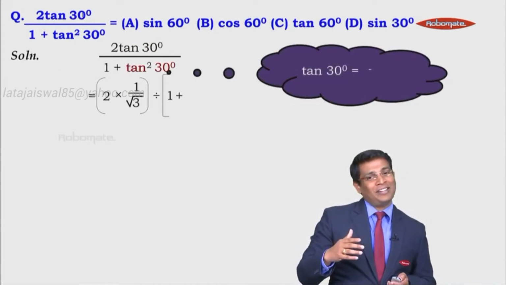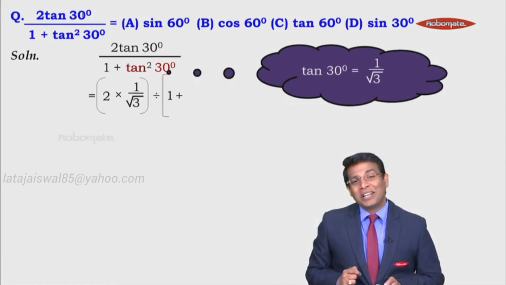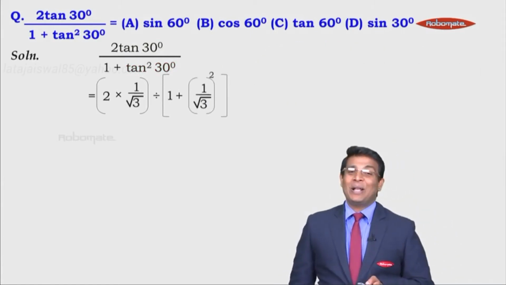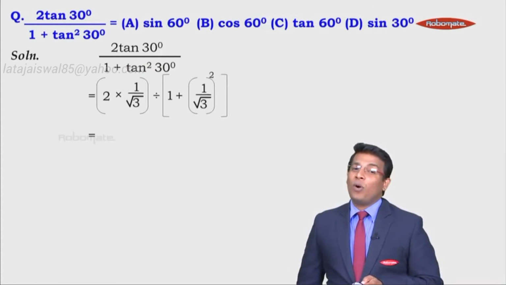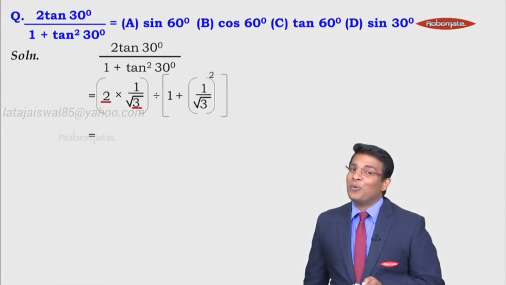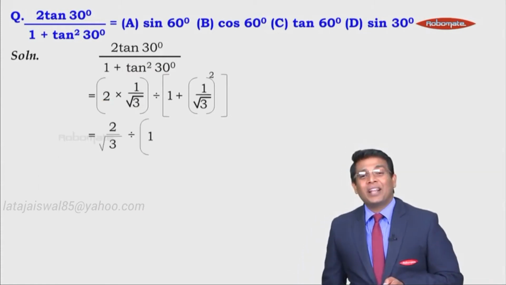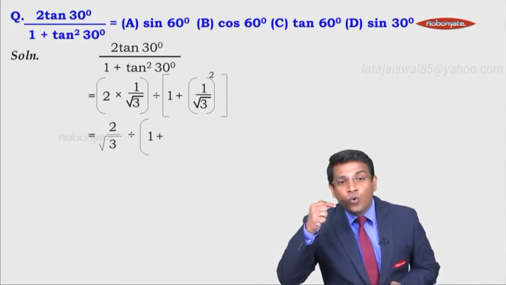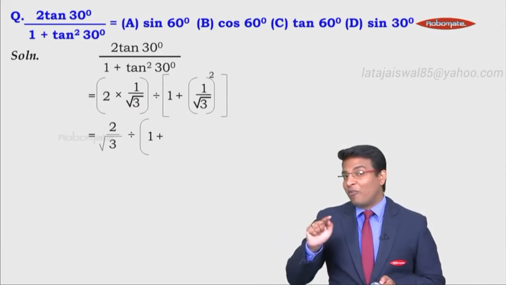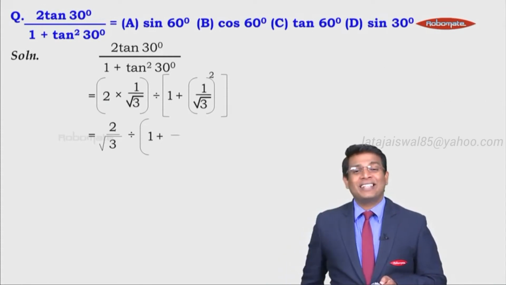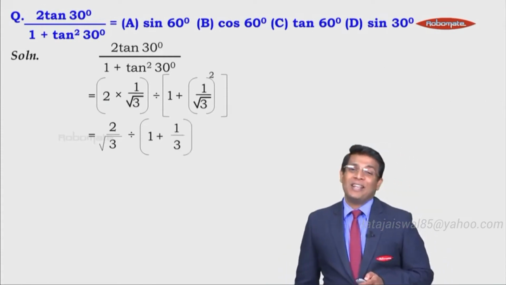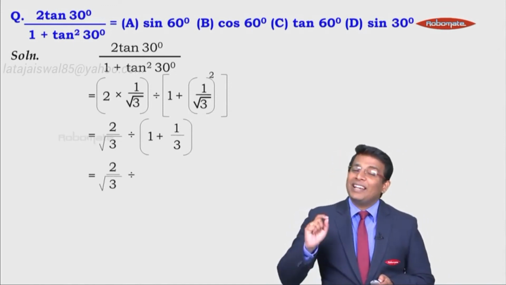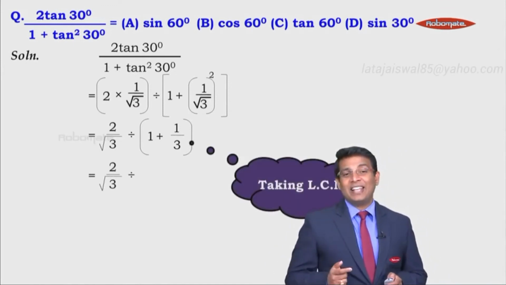So the value of tan 30, as we know, it is 1 upon root 3. Substitute that value there. This time it's a square, right? Now what we get is 2 into 1 upon root 3 is nothing but 2 upon root 3, right? Divided by 1 plus 1 upon root 3 the whole square. So it is square of 1 is 1, square of root 3 is 3, so it is 1 upon 3, right? So now what we get further is 2 upon root 3 divided by, now we take the LCM here,